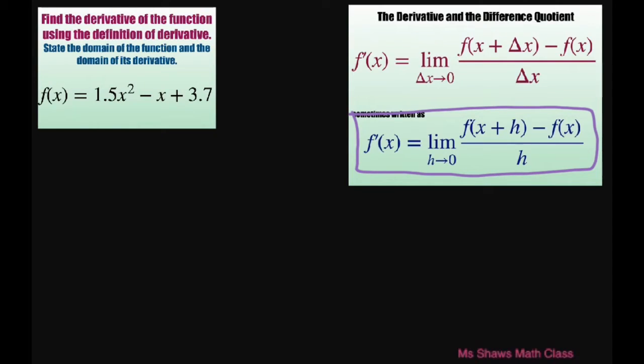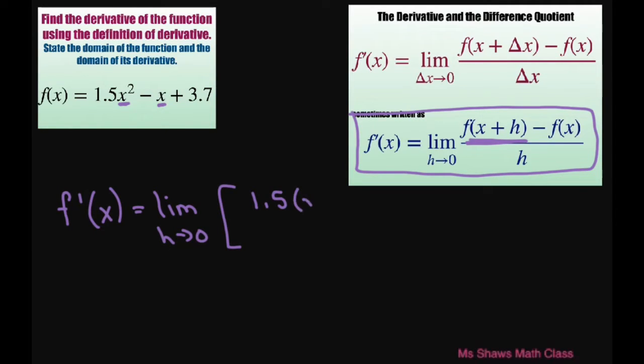So basically what we're going to do is write f prime of x equals the limit as h approaches 0. Now we're going to do this part first. Everywhere there's an x, I'm going to substitute in x plus h. So I'm going to have this equals